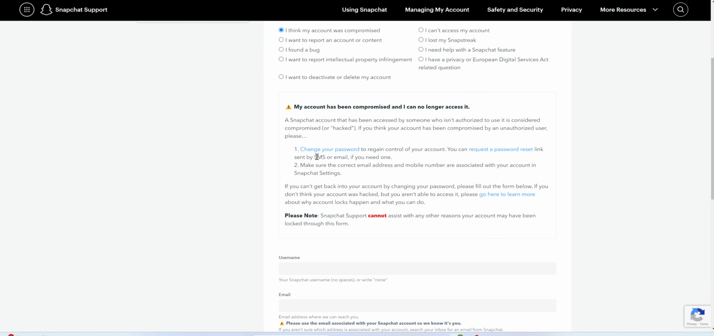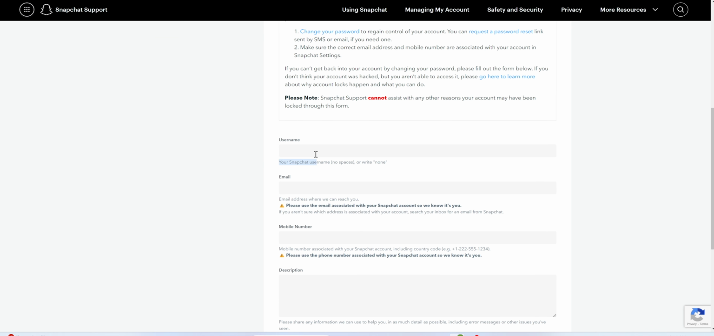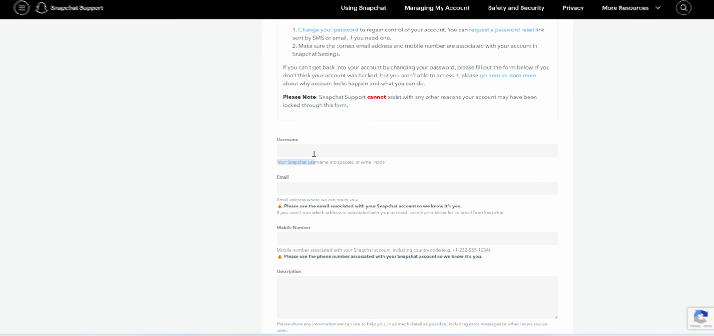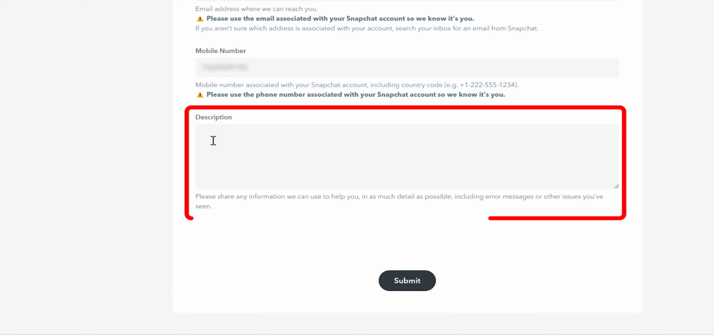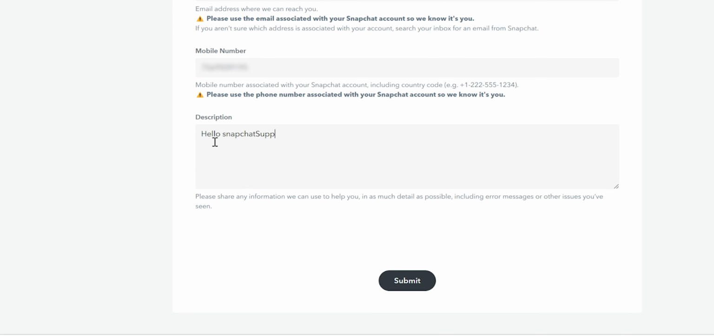You'll be directed to a form where you need to fill in your details. Enter your Snapchat username, email address, and phone number linked to your account. Below, there's a space to describe your issue. Clearly state that your account was locked, you haven't violated any Snapchat terms or used third-party apps, and request an